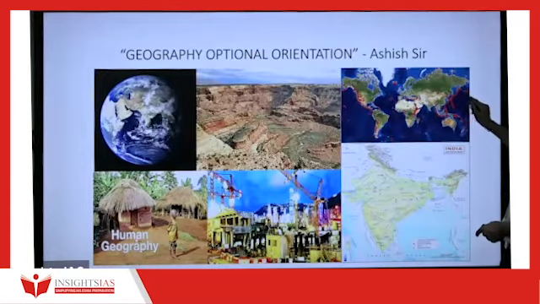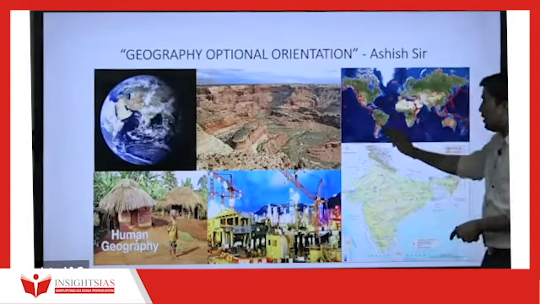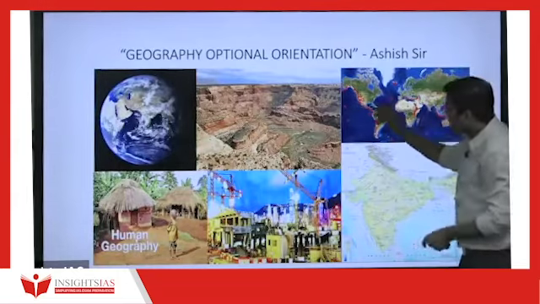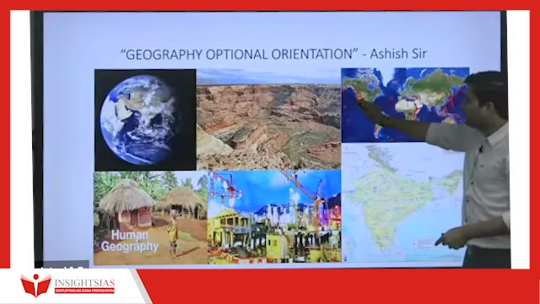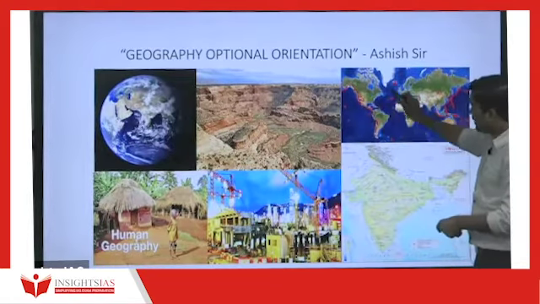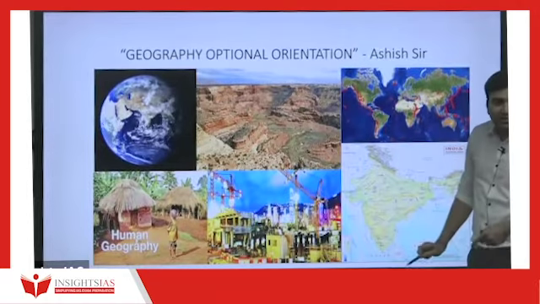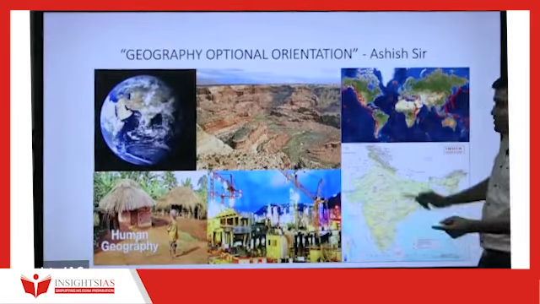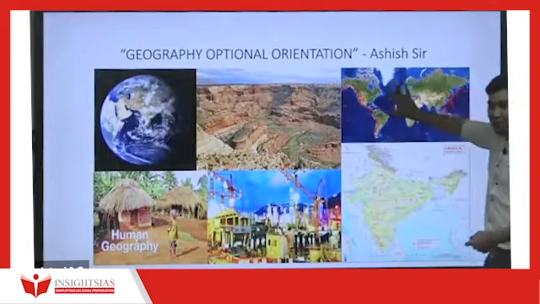Along this is called the Pacific Ring of Fire. That is along the Pacific. The question is, why are there more earthquakes and volcanoes only here, and why not on the eastern coast of the USA? So it also has reasons. These are the things that we are going to study in geomorphology.